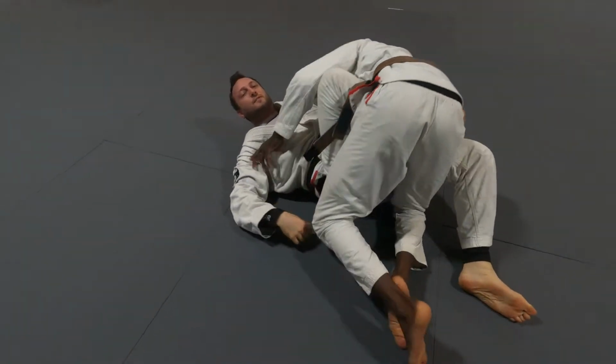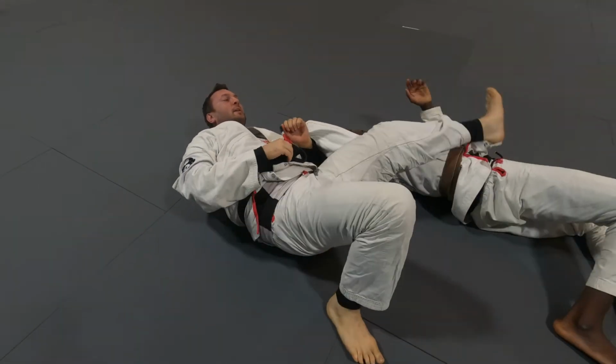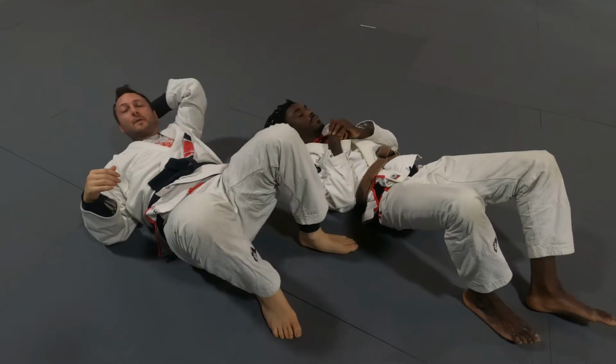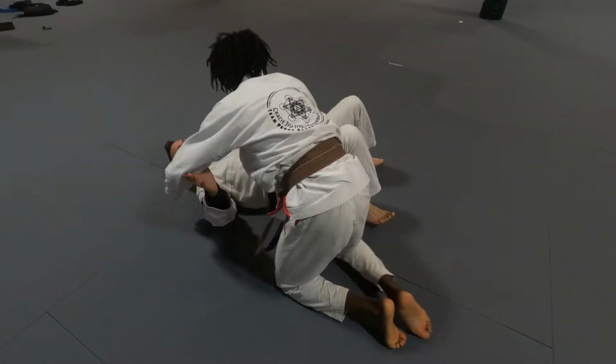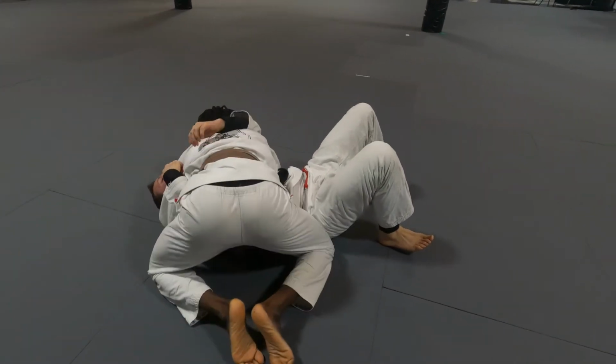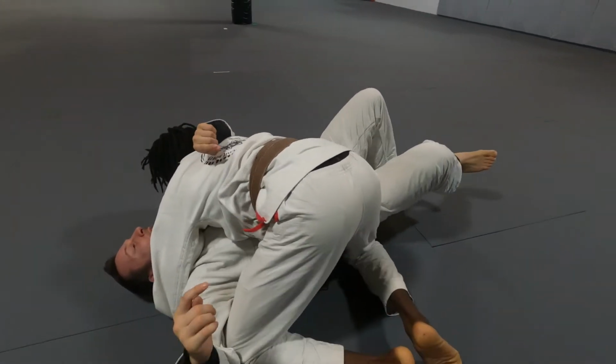Bar. I can use this for sweeping. There's a lot of different opportunities I have from that position. Now, if he doesn't do either of these things, okay, he's holding tight and I'm blocking, and as I scoot